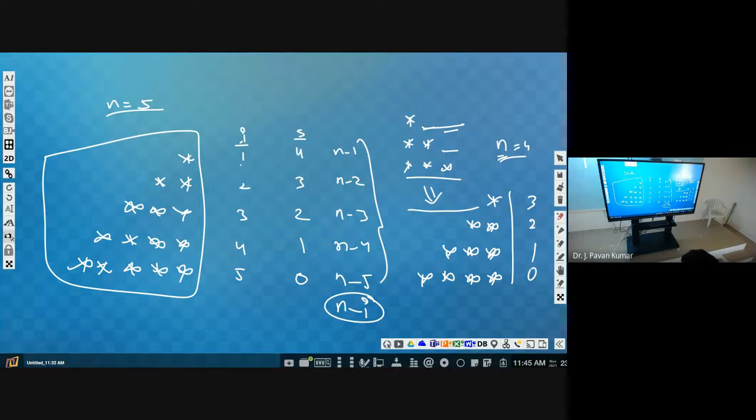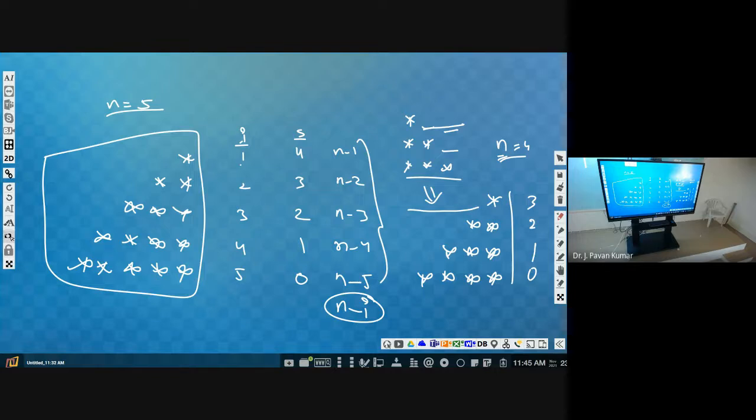So for printing spaces, how can you print one space? Just a space you have to print. How can you print? Just a print within double quotes, give space. That's it, right? Okay. How many times do we have to repeat the statement? N minus i times, isn't it? So can we put it in a loop again?